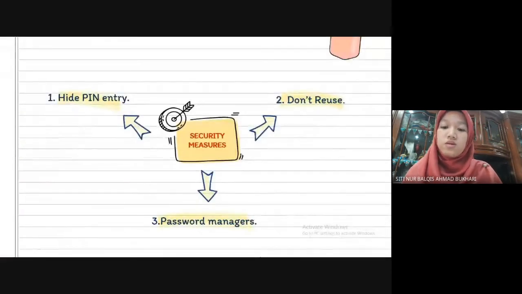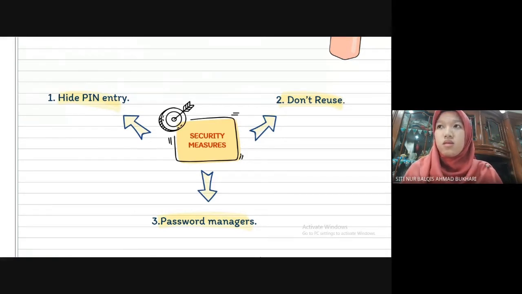Seterusnya adalah security measure. Security measure ni adalah, yang pertama adalah hide PIN entry. Maksudnya bila kita enter PIN number dekat ATM ke, kita kena cover dengan tangan kita, ataupun kita rasa tak selesa, kita boleh sentuh-sentuh je nombor yang bukan nombor PIN kita, lepas tu baru kita tekan nombor PIN kita. Seterusnya adalah yang kedua adalah